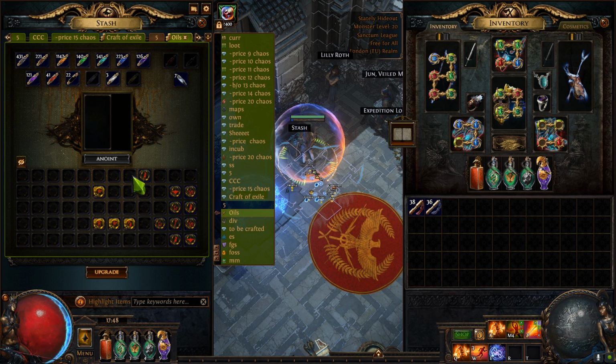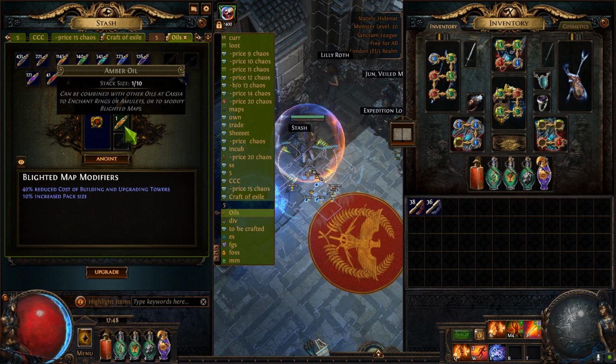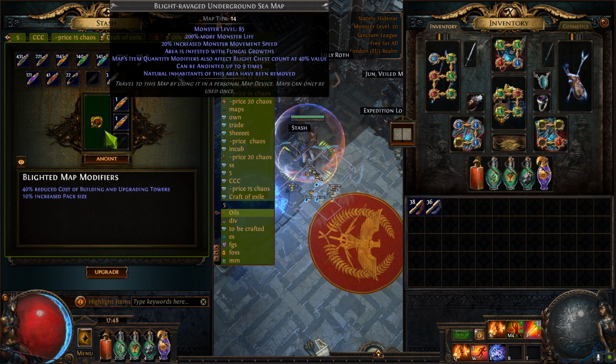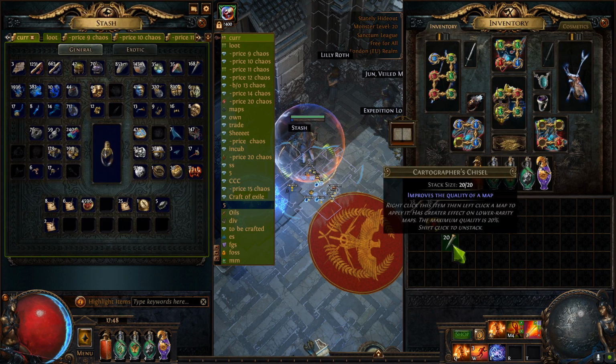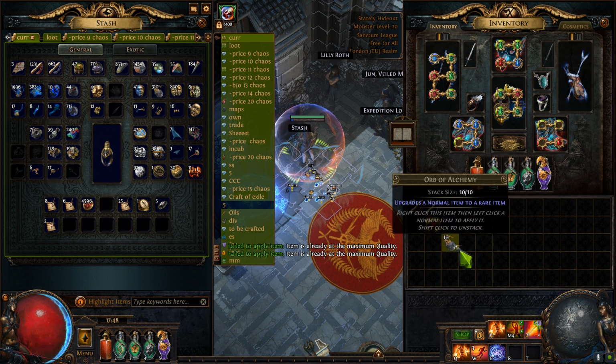So the amber oils, just to remind you, they reduce the cost of building by 40%, and this is what my build needs to do the map consistently without losing. And this map is very easy if you use only these oils as supportive oils. So how I choose them, like in all my videos, I roll the